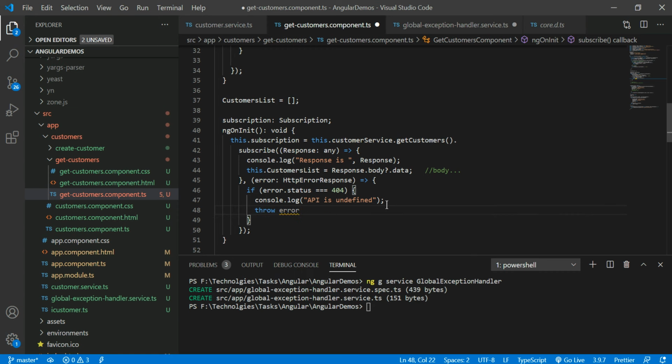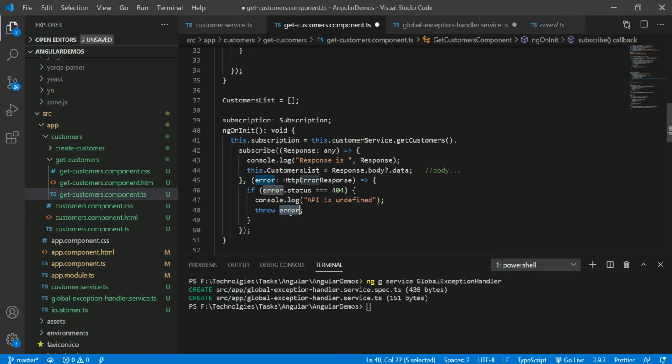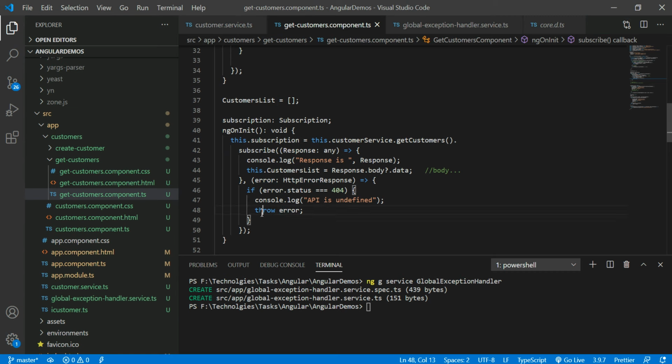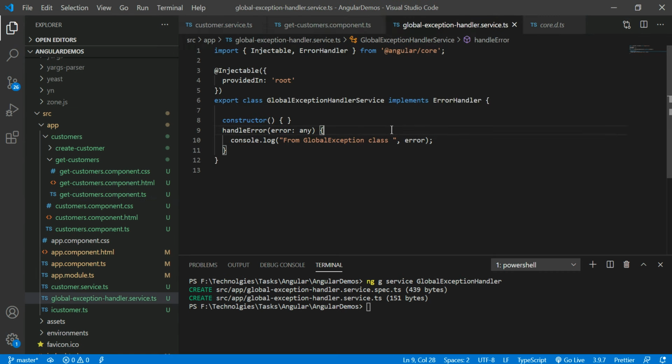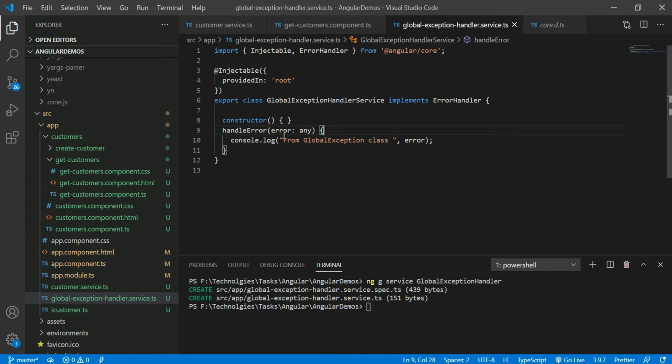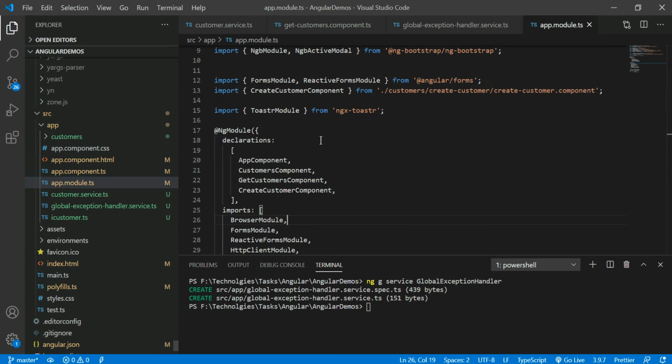That's it. By using throw error, what will happen is handle error will take what the message of this error is. Accordingly, if you want to display a message, we can display that message. So whenever you are running the application, you may get different errors, right? So the handle error needs to understand which kind of error you are passing. Those things you have to pass by using throw. Okay, now we will see what is happening here. Okay, save and refresh. Once you have added this, make sure that in your app module.ts file, this is very important.